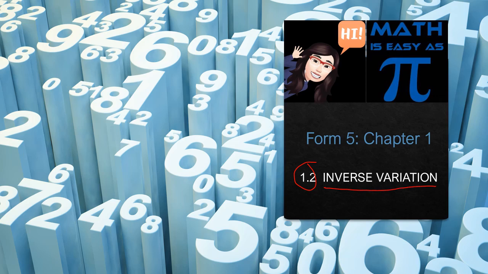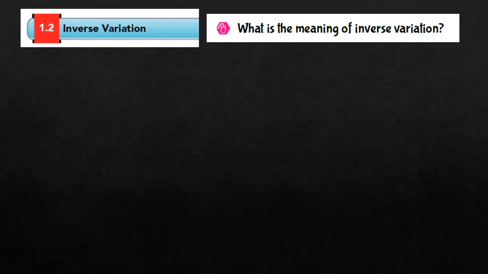So it is just the opposite of direct variation. And of course, inverse, do you have any idea what inverse is? In Malay it is songsang, terbalik, songsang. So it's just the opposite of direct variation. So we proceed. Okay class, we want to know what's the meaning of